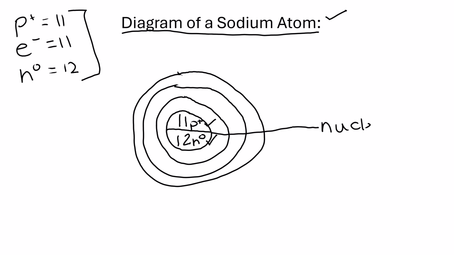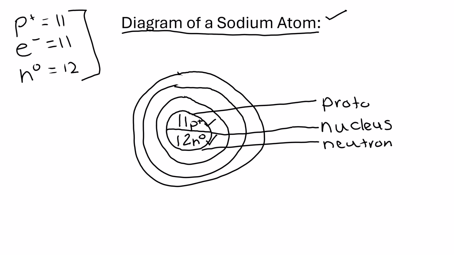So I'm just going to label this, bring this out a little bit more. This is nucleus, okay? Then I'm going to label this neutron, and then I'm going to label this protons, proton, okay? You can label energy level 1, 2, and 3 if you want by now, but I just want to make sure that we're doing this first. Okay, so now we've done protons and neutrons. Great. Now we've got to work on electrons.